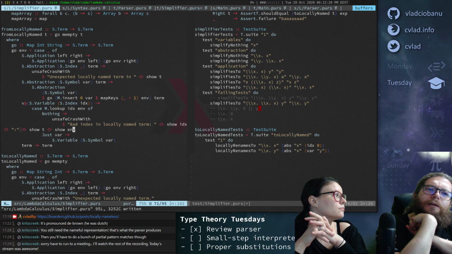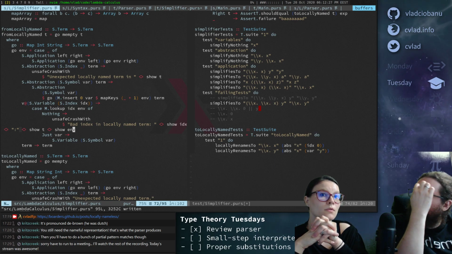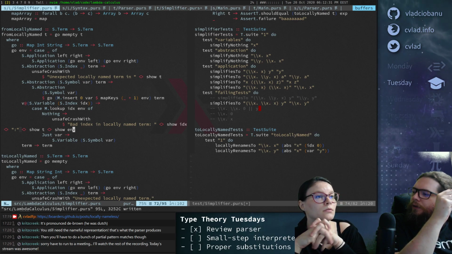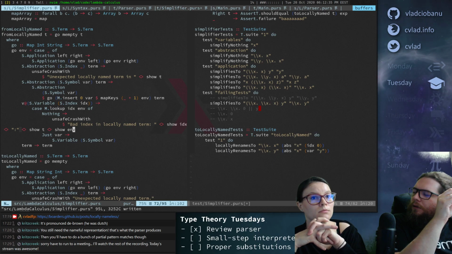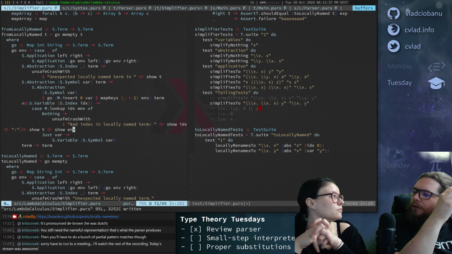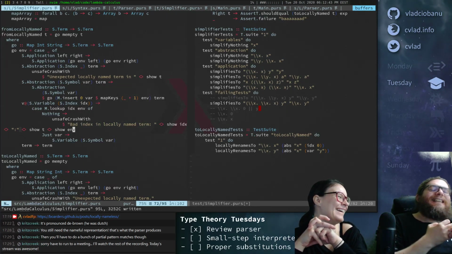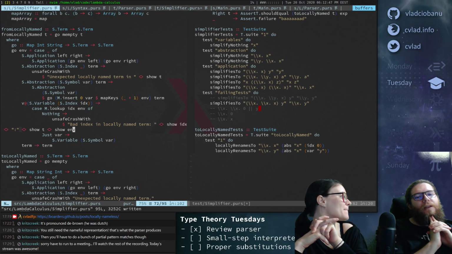So why did we end up not doing from locally named into locally named at top level? What was the problem in that case? The simplifications? Yeah. Why did we change it? Because the tests were failing? Because the problem is you don't have enough info. This is a local substitution, right?